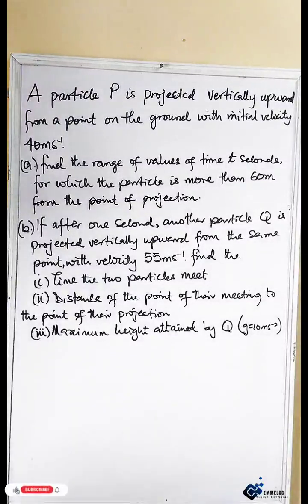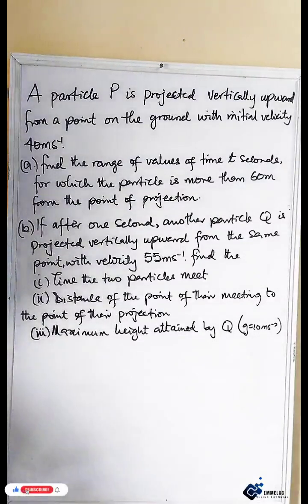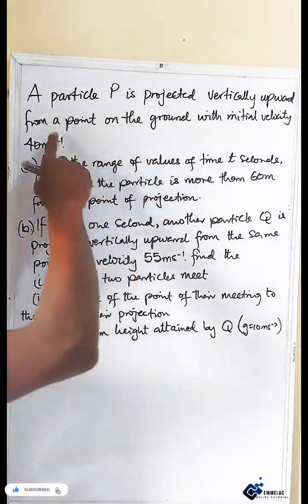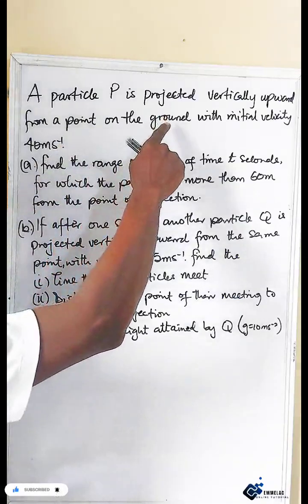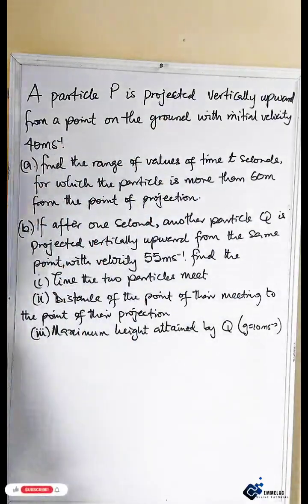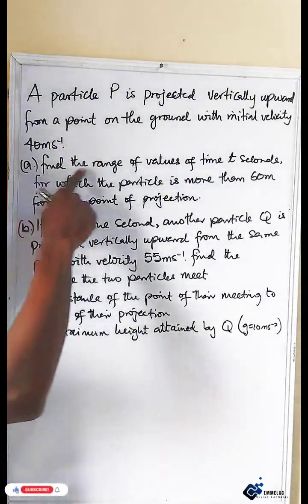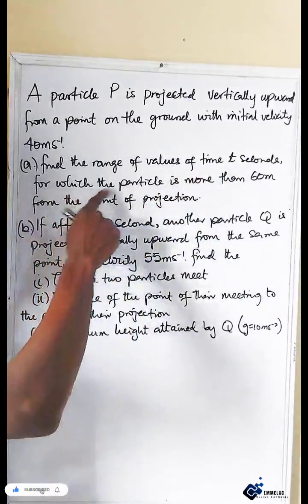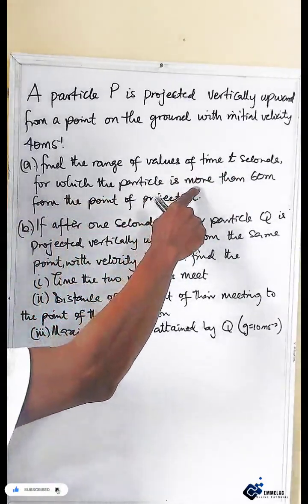Now let us consider this question in kinematics in mathematics. A particle P is projected vertically upward from a point on the ground with initial velocity 40 meters per second. Now the question is, find the range of values of time t seconds for which the particle is more